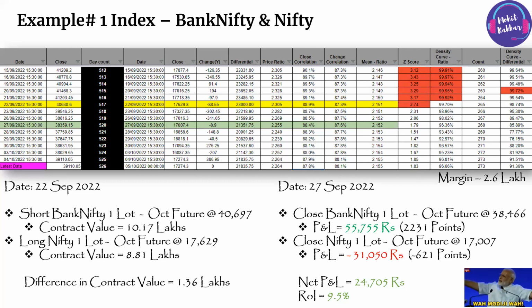ऑफ कोर्स प्राइस रेशियो पे ट्रेड करें, बट प्राइस रेशियो के साथ जो बेसिक हाइजीन फैक्टर्स हैं सारी ट्रेड के, एक बार पहले वो भी चेक करें। सारी कंडीशंस जो हमने आज डिस्कस करी पीछे की एक स्लाइड में, वो एक बार चेक कर लें कि कुछ छूटा तो नहीं, तो उसके बाद ट्रेड कर सकते हैं।